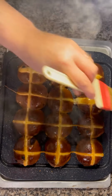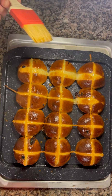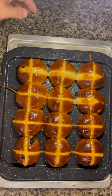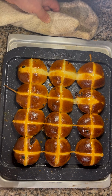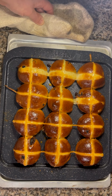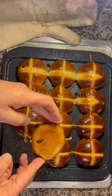The hot pastry dough boils off the excess water in the sugar syrup, and you end up with a really nice clear glaze on the hot cross buns. So actually it was an interesting thing that I piped with a thick tube. You can see it doesn't look as attractive as if you have a nice fine hole. So one of the things you can do is, if you have nozzles, you can pipe it through a number 4 or 5 round once your paste isn't lumpy, and you get a really nice cross on the hot cross bun. So we can look underneath, you can see it's nicely baked, it's not burnt,